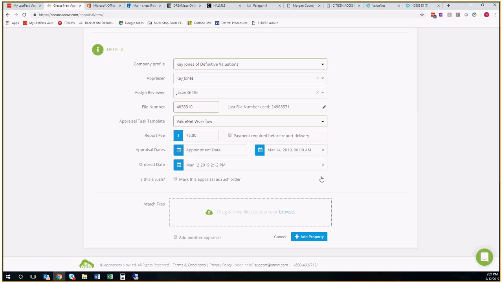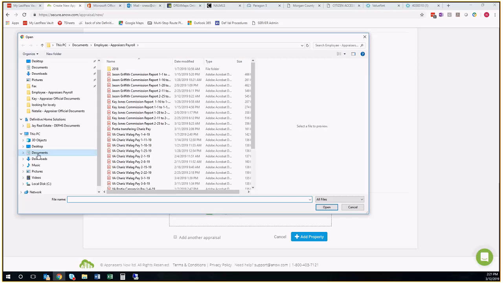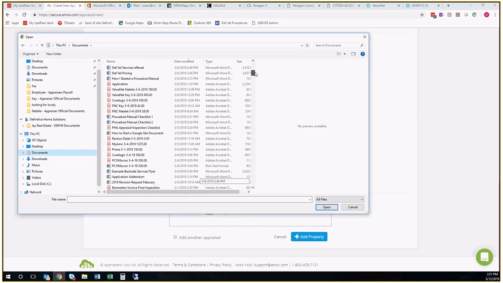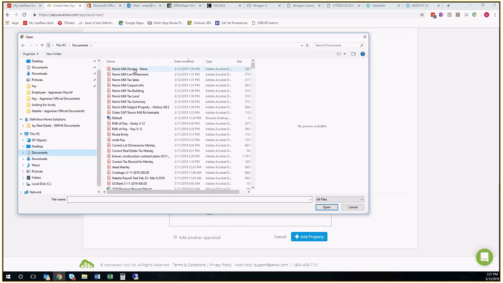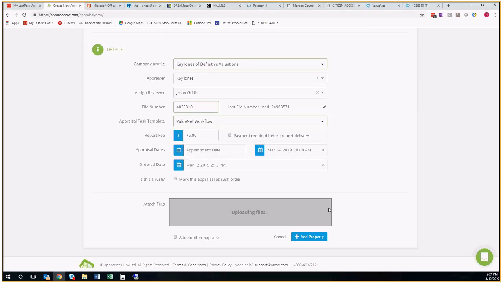Certain clients have certain amount of time that they allow us. So they're due at 5 o'clock. Some of them are due at 6 o'clock. And that is all in the vendor instructions. This allows us to drop the files in that we've already pulled from the tax records, etc. And all we have to do is go in and add all of our files right into